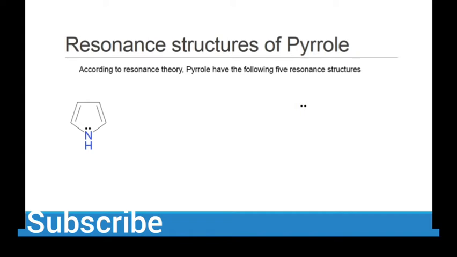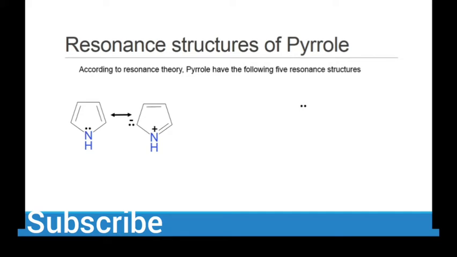Now we will study resonance theory and the resonance structures of pyrrole. So if you see the structure of pyrrole, what do you have to do? In some books you will see that the movement of electrons starts from here to here, then here, then here. But for your ease, you will start the movement of electrons from 1, 2, 3, 4 and then back. It is easy to remember and easy to draw.